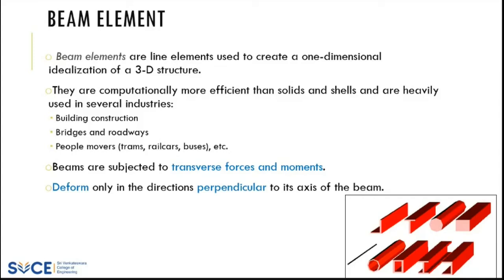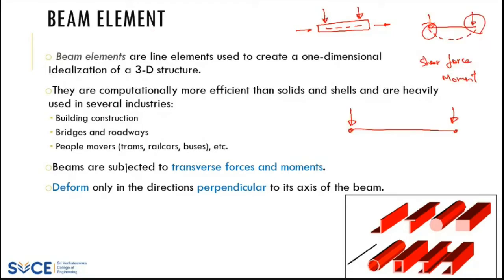So till now, whatever we considered was a bar problem. What is that bar problem? Whenever you have an object like this, the force is always acting in an axial way, along the axis. Now it is different. This is a beam. When I say beam, your force is acting perpendicular. Whenever I consider a beam, it is always a transverse force, and you have a moment related to that. The strength of the beam depends on the cross section.